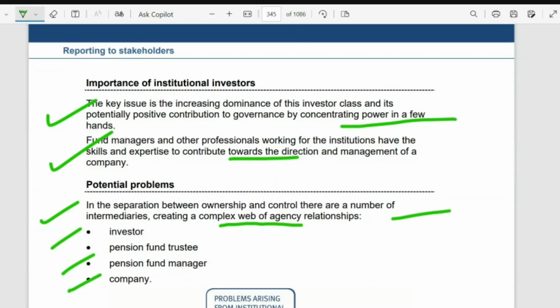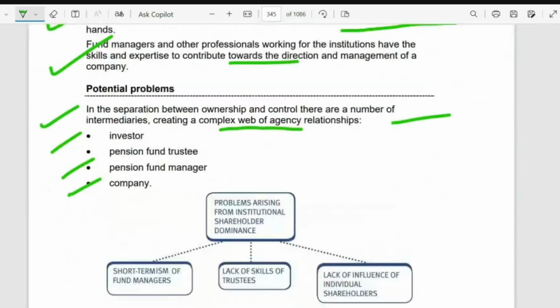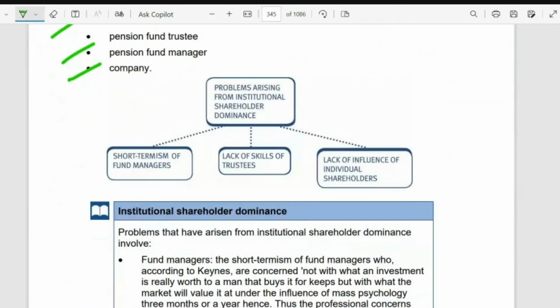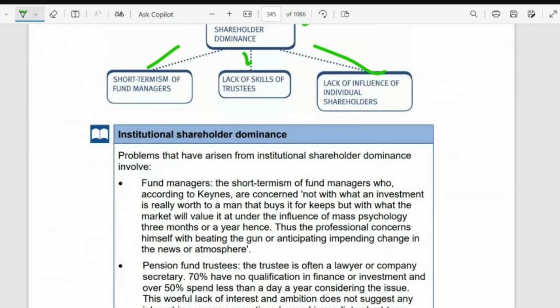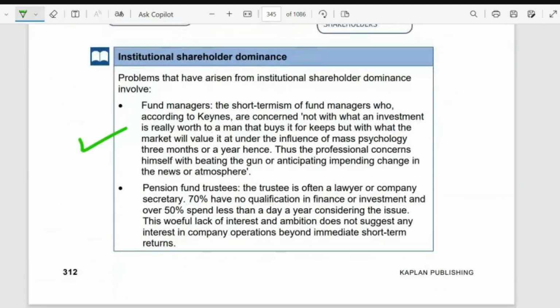They might notice some issue which is not being fulfilled by the company. Problems arising from institutional shareholder dominance include the short-termism of fund managers, the lack of skill of the trustees, and the lack of influence of individuals. If they lack the skills, there is a risk of wrong use of their resources and wrong use of investments, which can cause a problem for them. A fund manager's wrong decision can lead to short-termism, and fund managers, according to Keynes, are concerned not with